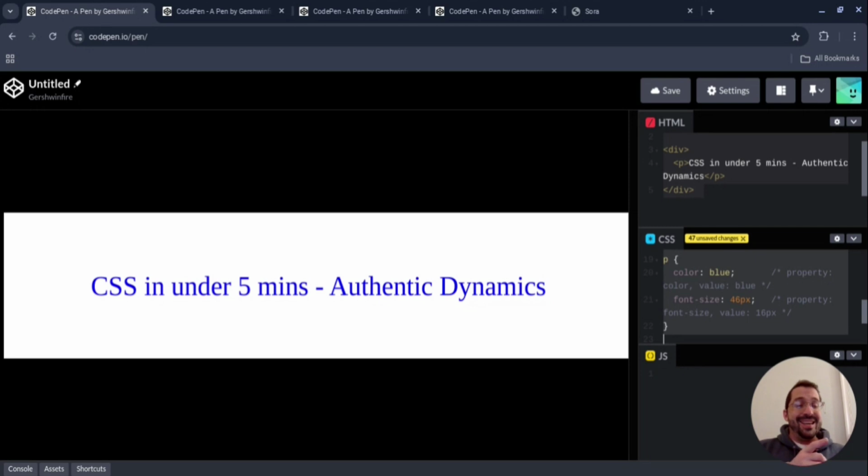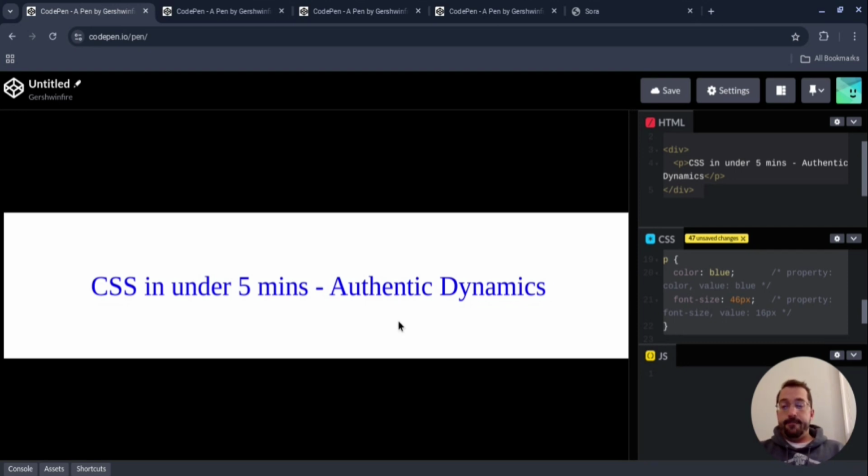So what exactly is CSS? CSS stands for Cascading Style Sheets. It's a language that tells web browsers how to display the elements you've written in your HTML. With CSS, you can control colors, fonts, layouts, spacing, animations, and more. Let's take a quick look at the basic syntax and then see how you can easily apply the styles in